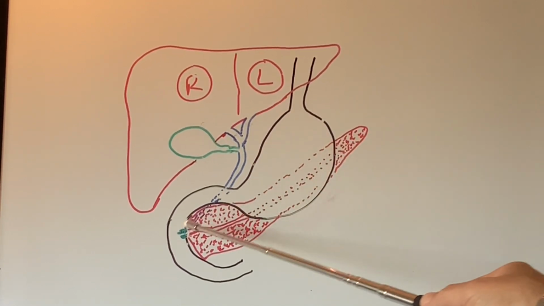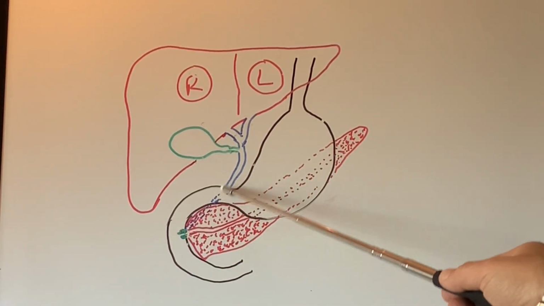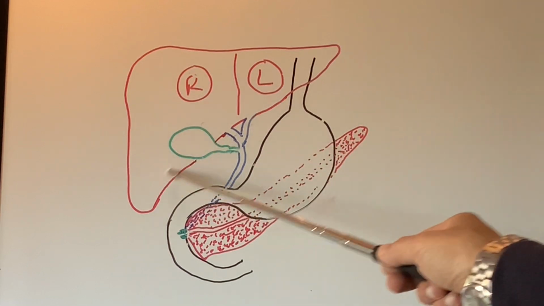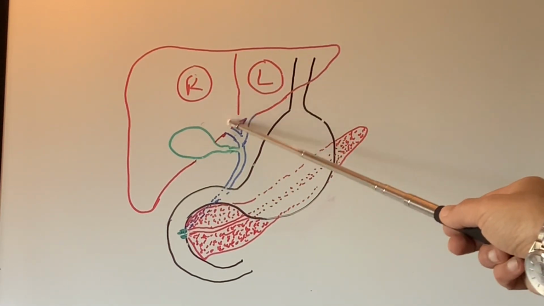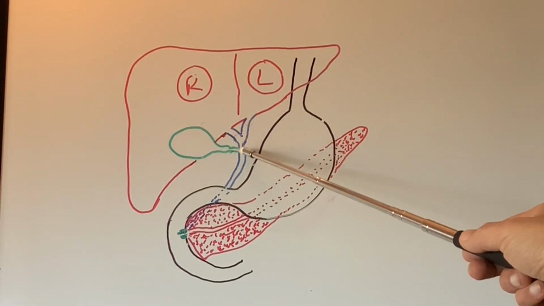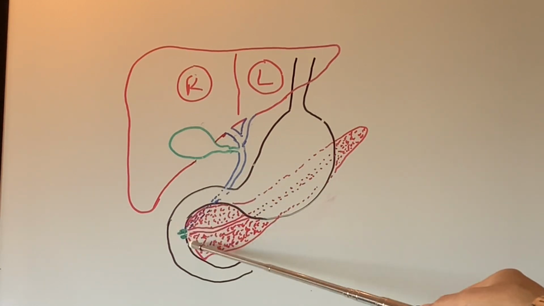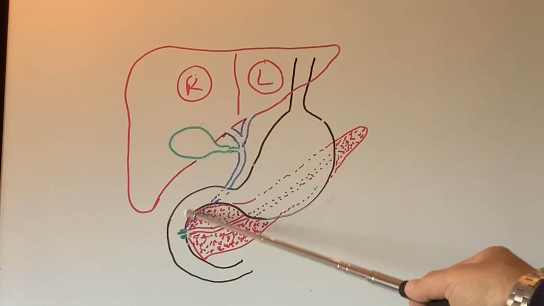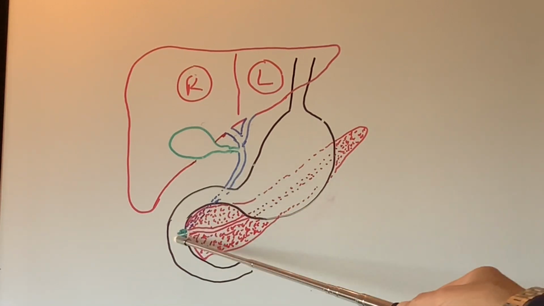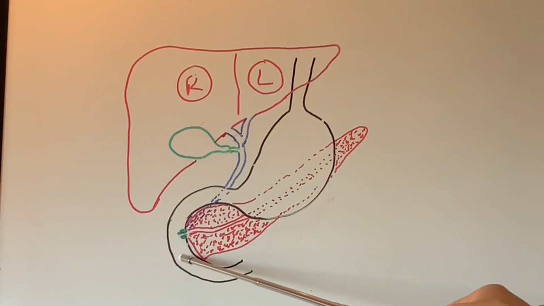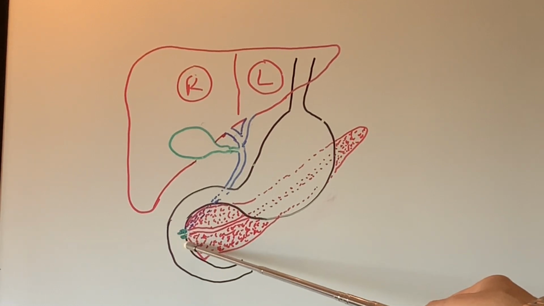However, although no juices are coming into the small intestine, they are still being produced by the liver. The bile is still being produced. So the bile comes down the two ducts, comes down the bile duct, but it can't go into the small intestine because this muscle is shut, like our mouth is shut, so nothing can come out of it. So it can't go into the small intestine because there is no food to help digest.